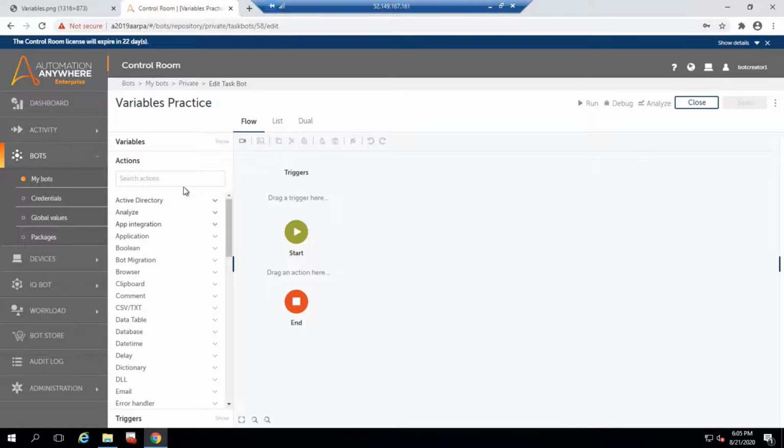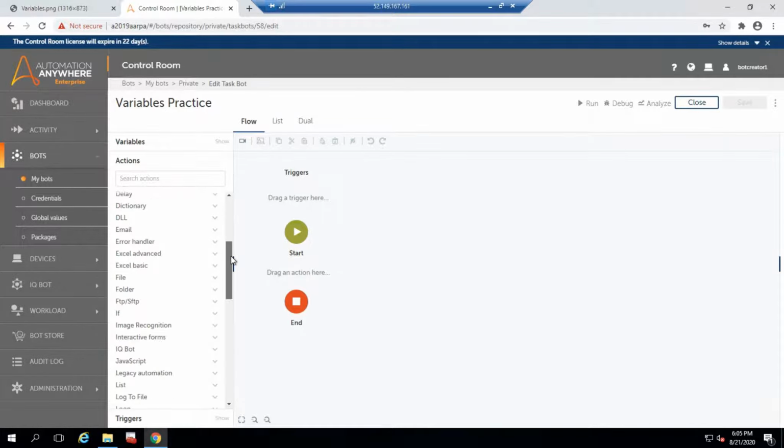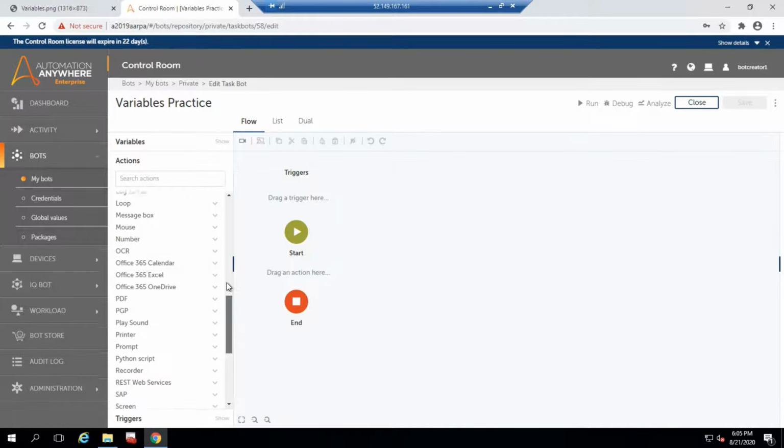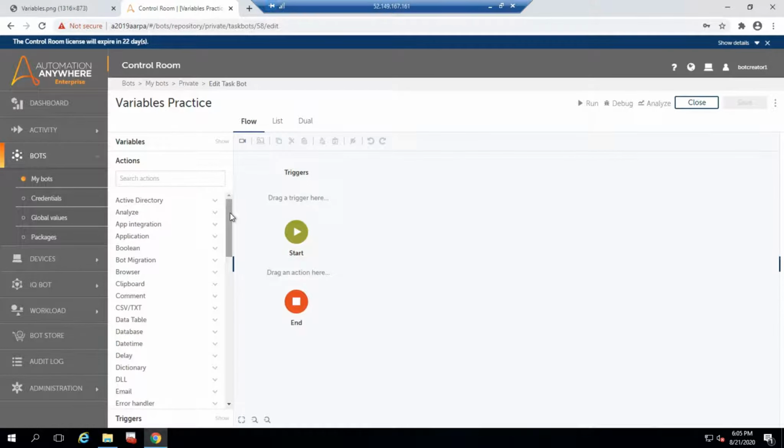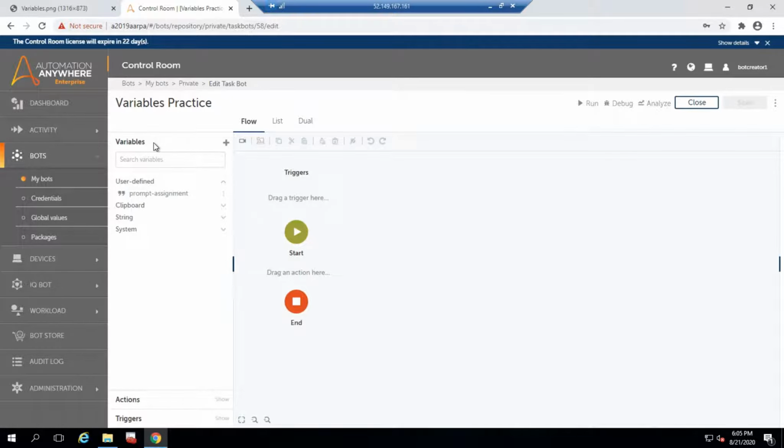These are all the different actions or commands which we have in A2019, like we have in the A11.x version. And another one is called variables, and another one is called triggers also, right? So let's go to variables. As I mentioned, there are basically two types of variables.